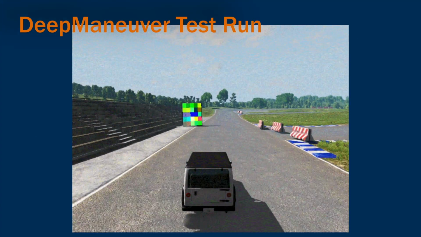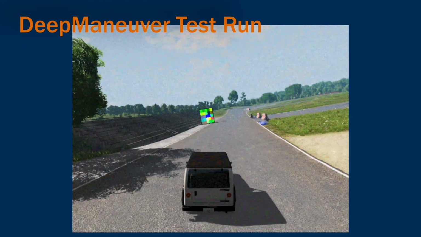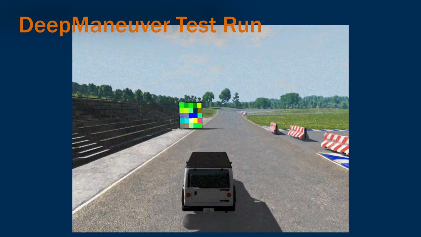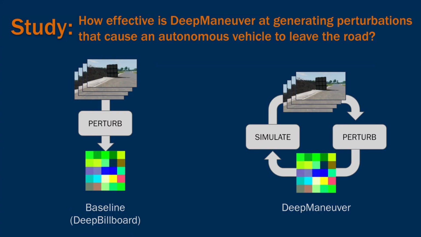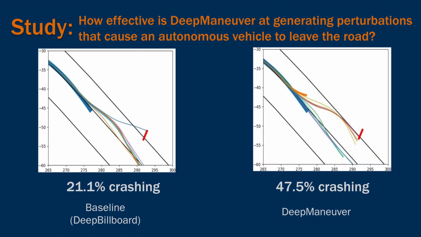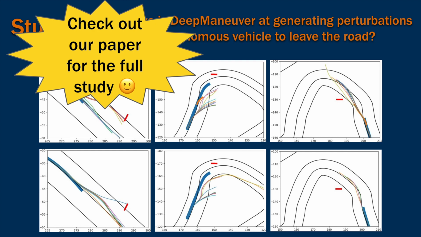As a result, the vehicle crashes at a far more consistent rate under test runs using our DeepManeuver technique to generate this patch. Our study compares Deep Billboard and DeepManeuver, our technique, for affecting system-level performance metrics as well as DNN-level accuracy metrics in a variety of driving topologies. This is one example topology that corresponds to the running example in this presentation. It shows the approximate average case, which is about 20% Deep Billboard tests resulting in a crash, versus almost 50% crashing for DeepManeuver. I again encourage you to refer to the TSE paper and its appendix to learn about the different road topologies and perturbation configurations that we studied.